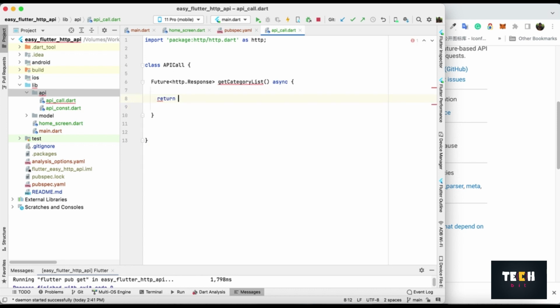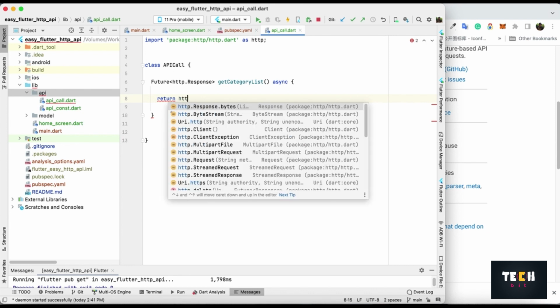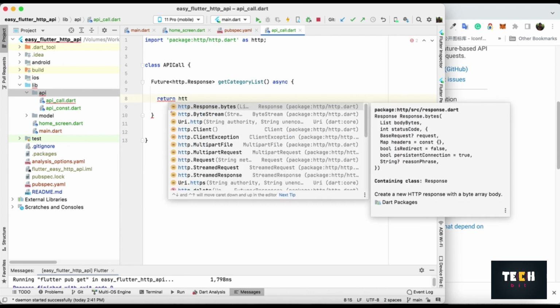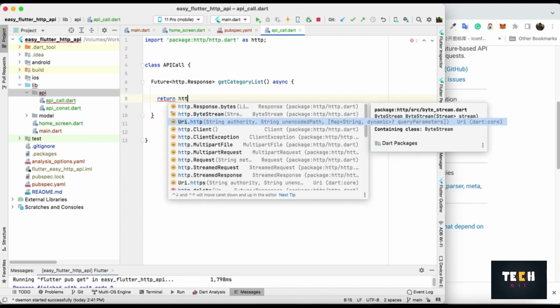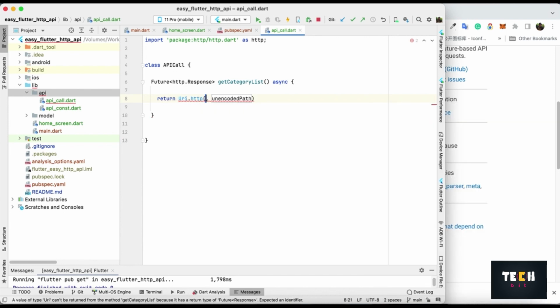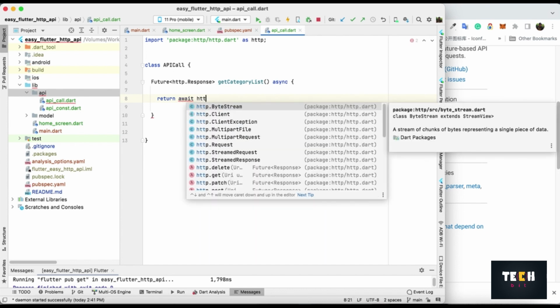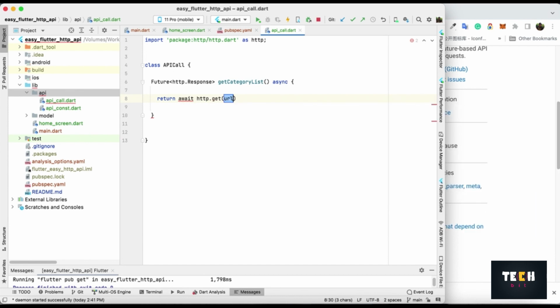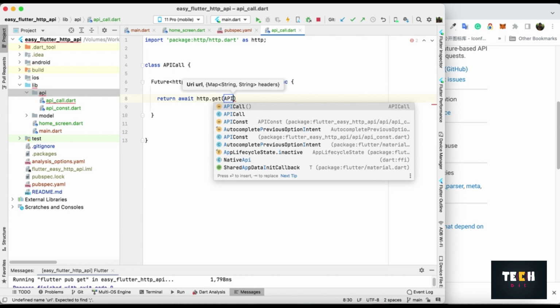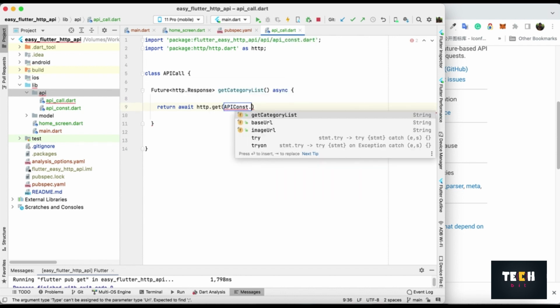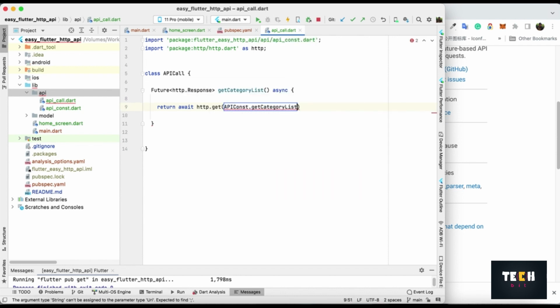It's http.get because we are using the get method here. Before it just add await, because we are using async, so await is necessary. http.get and add the URL here. This is Uri.parse